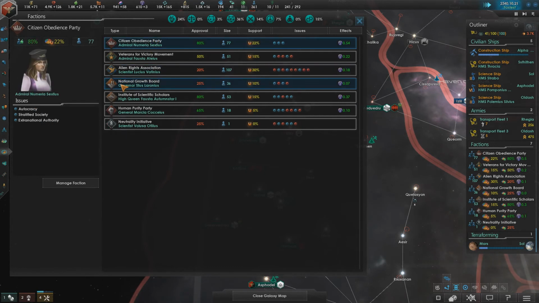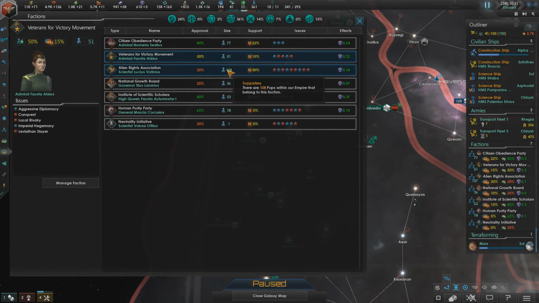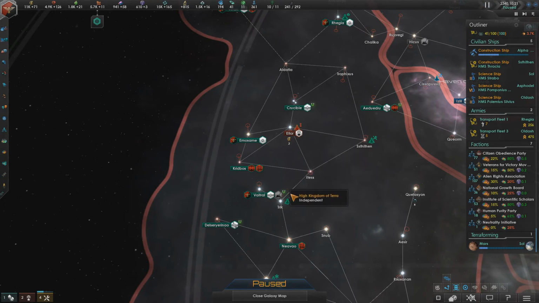Let's see, do any of the factions actually want us to have offensive wars? Yes, they do. But I'm just noticing this. I'm getting more and more people moving into the Alien Rights Association. 108 pops total. So I'm not going to do it just yet, but at some point, I'm going to have to seriously consider